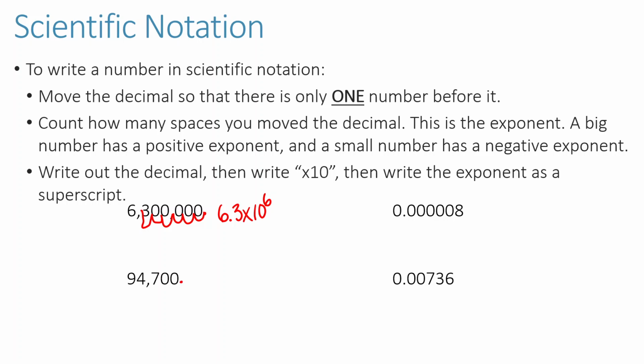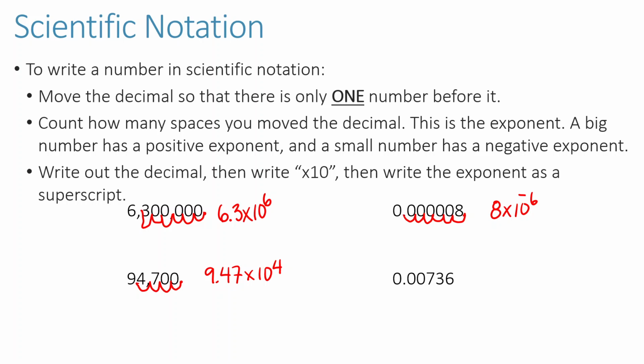Here's another big number. I'm going to move the decimal over 4 places. So this would be 9.47 times 10 to the 4. Okay, let's look at a couple of small number examples. Here, I'm going to move this decimal place over 6 spaces. So this would be 8 times 10 to the